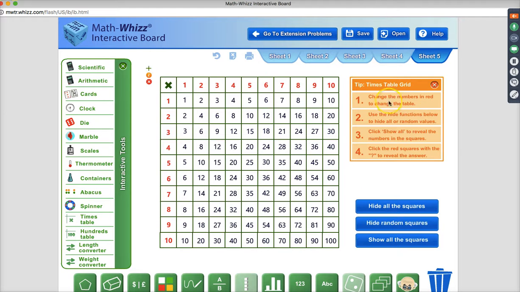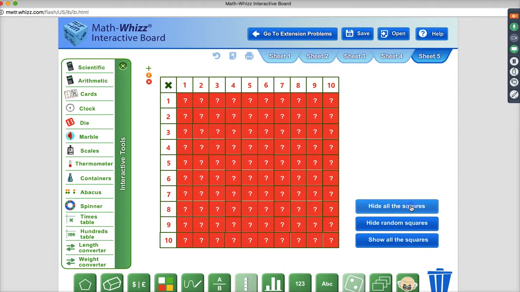I've seen teachers use this as an exit activity. They'll hide the squares, but up here at the top you can actually change the value. Then under those squares you can see it updated. So the kids would have to come up and say, okay, what's under this square? And hopefully they can do a mental calculation and tell you what it is.